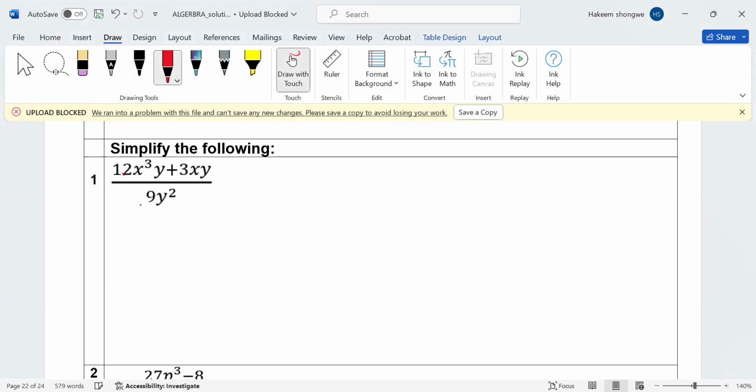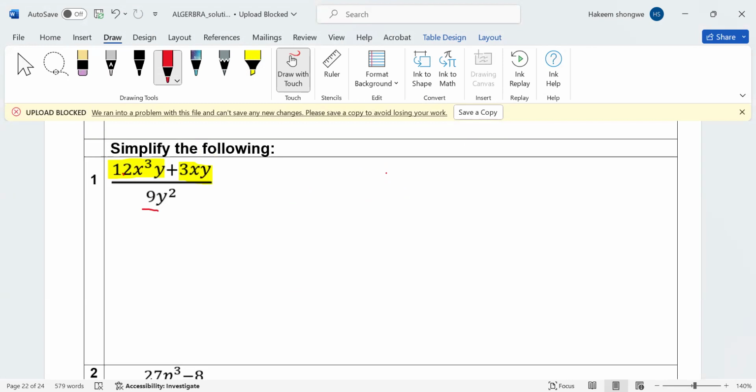Now we have a numerator and then we also have a denominator. Now, how many terms do you see on your numerator? Let's check. This is term number 1. They're separated by a plus. Term number 2. Now, what seems to be common between these two terms? On the numerator, we're going to deal with the numerator and then we're also going to deal with the denominator. We have a common factor of